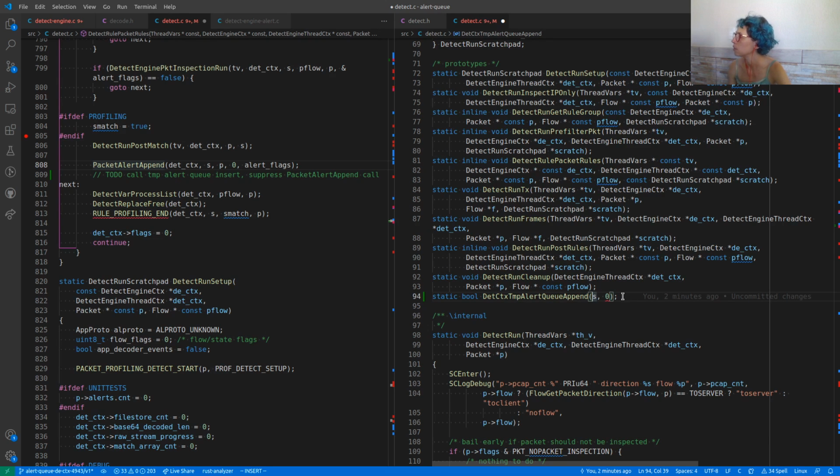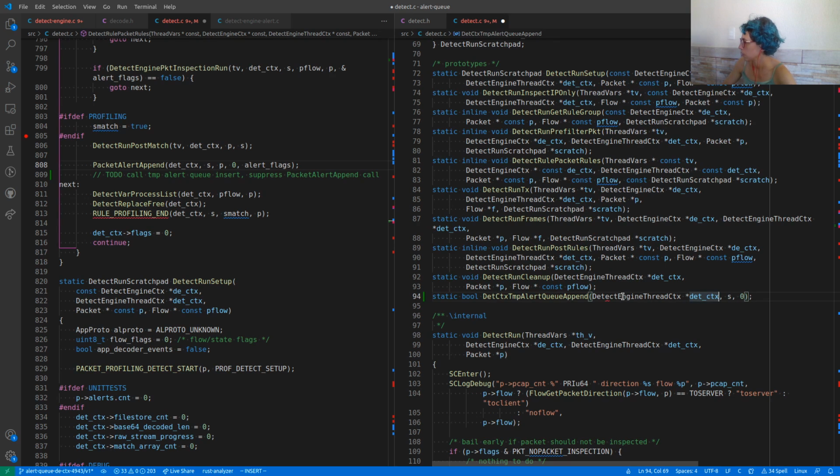Why do we use that even though we are inside it? Oh, it's not the thread, but we do have it. That is interesting for me. Okay, I'll follow what we have there and then I'll understand what is needed or not. Detect engine thread context pointer, right?